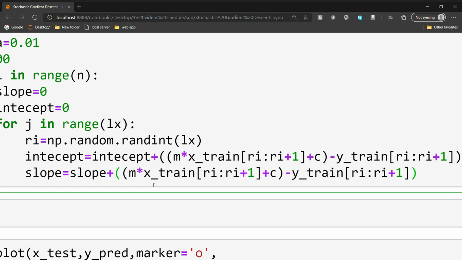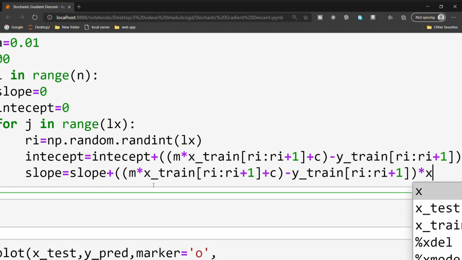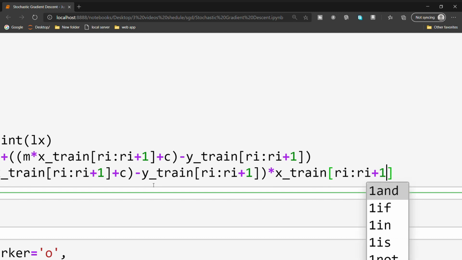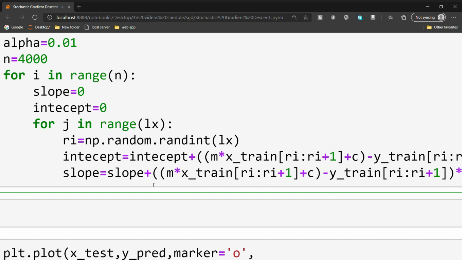Finally we have to multiply with the x value, x train of ri to ri plus 1. We calculated the slope also.